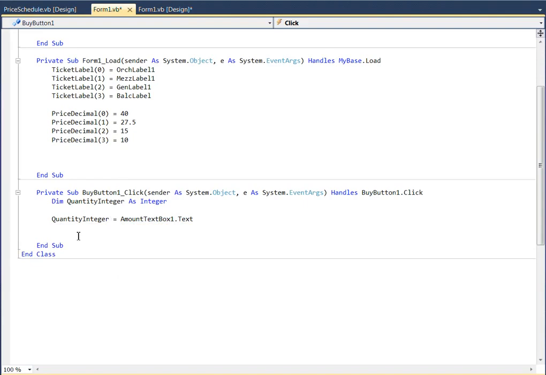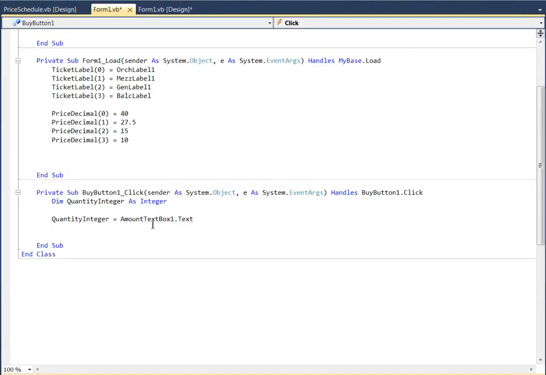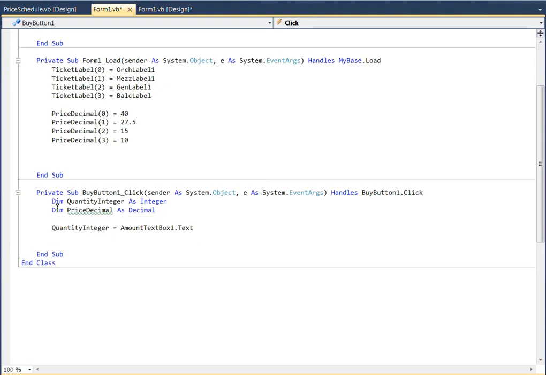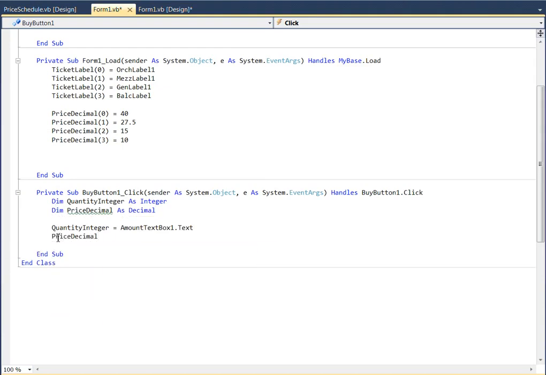So the next thing I'm going to do is I want to calculate this sale. And so to do that, I'm going to create another variable to put my amount in, but I'm going to have to use some number in here. So I'm going to go ahead and dimension, I'll just call it price decimal as decimal. And then I'm going to figure out what my price decimal is. My price decimal certainly equals my